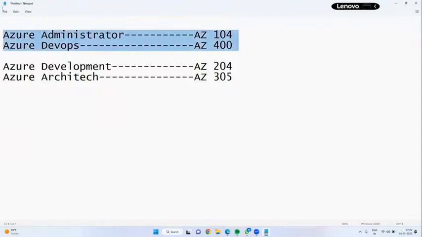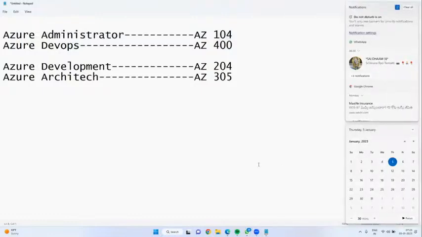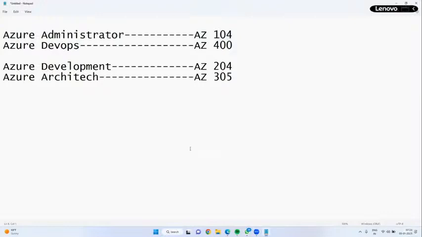I am going to teach you these two certification papers, Microsoft Azure Administration with DevOps. What topics I am going to cover and the subtopics for these two, we will present in the next session, in tomorrow's session. If you have any questions, feel free to ask me. I am happy to help you.